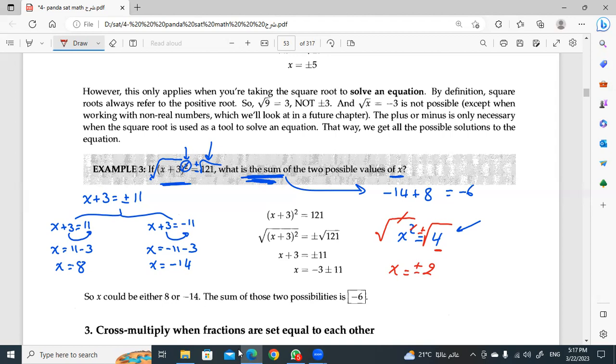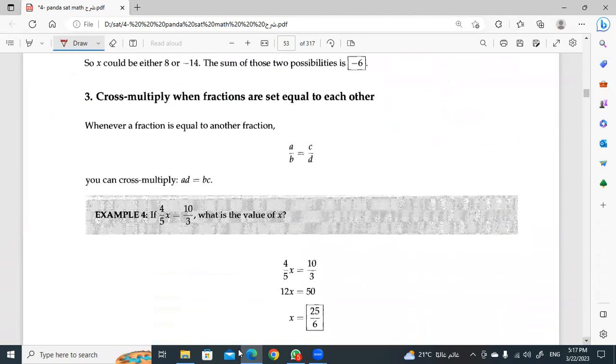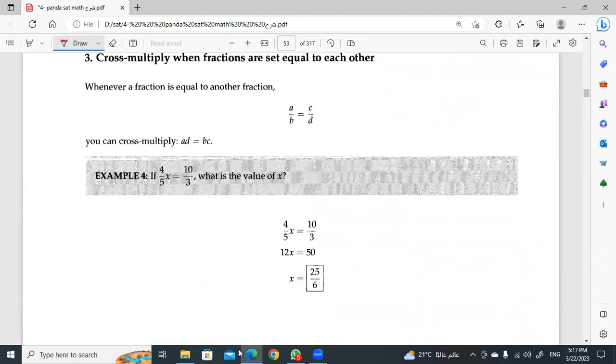It's the same idea. Okay? Okay, my dear, okay. Any questions? Okay, let us continue. Now let's come to cross multiplication. Okay? In the cross multiplication,